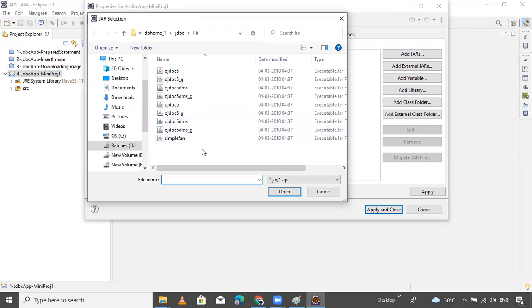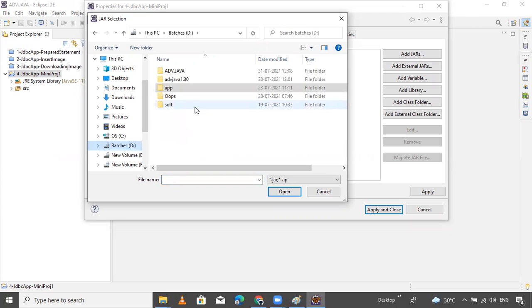In the last session I inserted the jar file in the last project, so that's why it's showing. In my case, I have Oracle JDBC software. If you install Oracle software, then you will get this OJDBC6 dot jar file. If you are unable to find the OJDBC6 jar file, download it from the internet and use it.